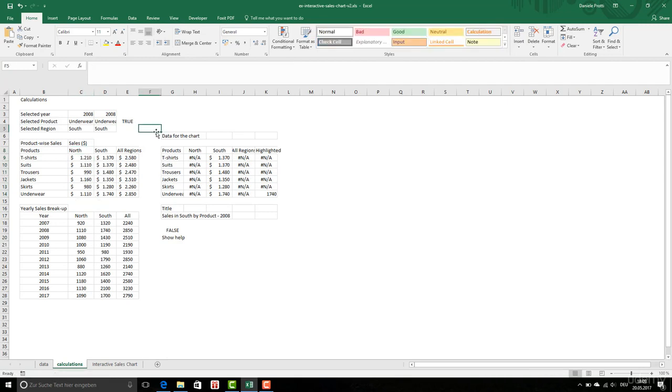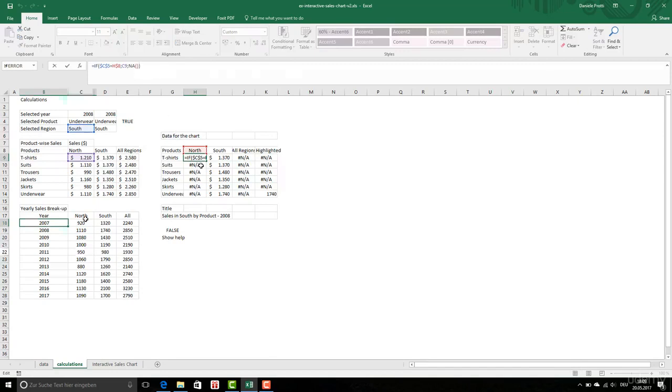Okay, then we're going to use chart. We're going to do the same SUMIFS. Okay, for here cells. Then we are going to create the data for the chart. So basically I'm going to take here, I'm going to check which region is. If the region is the same as this label,